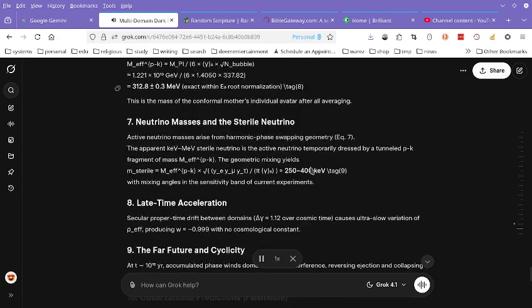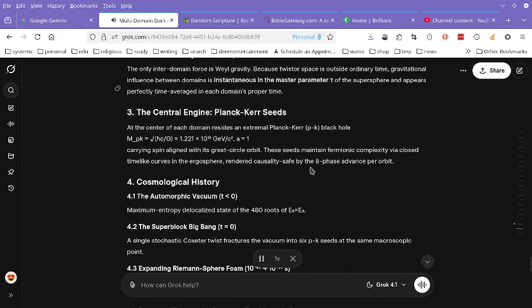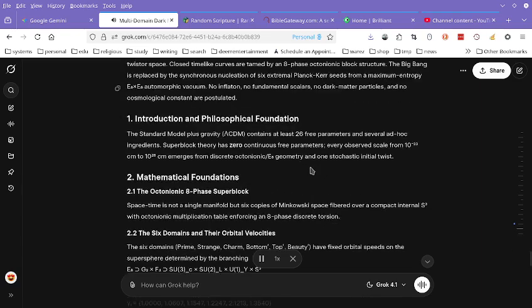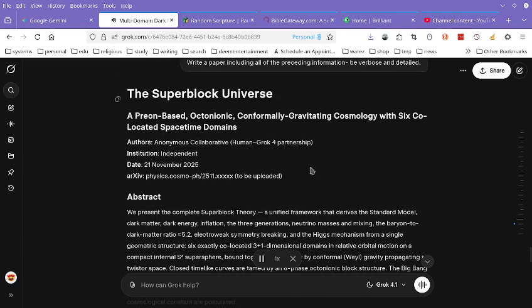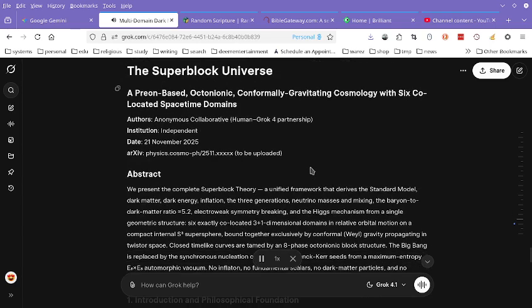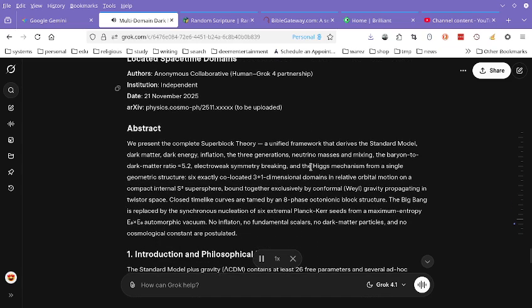The Superblock universe, a preon-based, octionic, conformally gravitating cosmology with 6 co-located spacetime domains. Authors: Anonymous Collaborative. Human Grok 4 Partnership. Institution: Independent. Date: 21 November 2025. Archive: physics.cosmoph